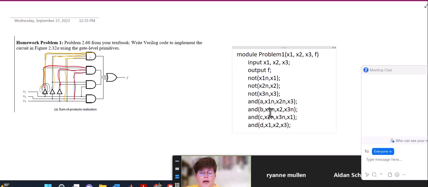Okay, and then my final gate is an OR gate. Well, I didn't know you could do this. I was going to type OR, and this is fine, OR, and then my output is F, and that's my final output, and I was going to put A, comma, B, comma, C, comma, D, and then end module. But I was looking, and no semicolon there. Apparently, you can also do,